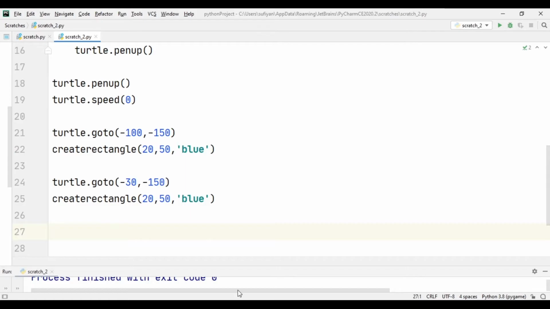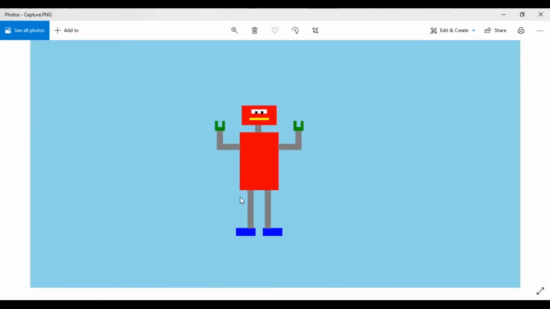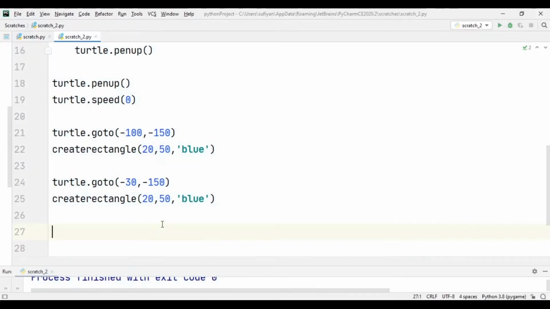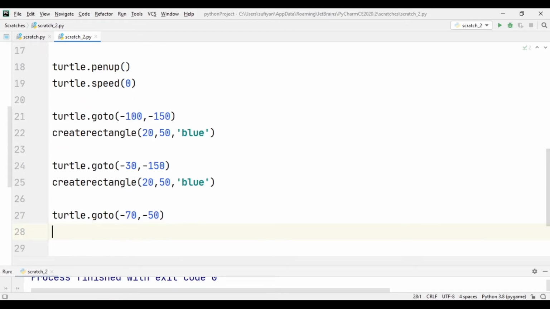Then for making the legs, we will write turtle.goTo -70, -50. Then call createRectangle function, specify the length, breadth, and the color 100, 15, and the color is gray.